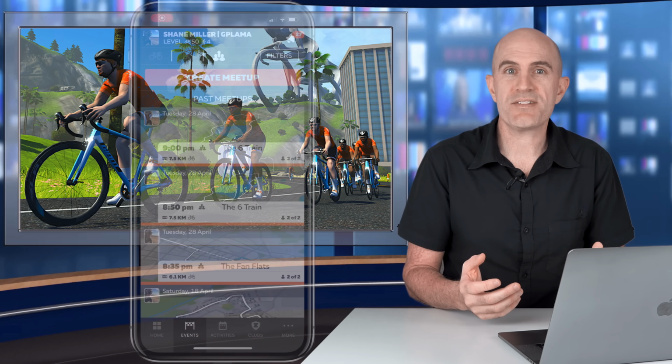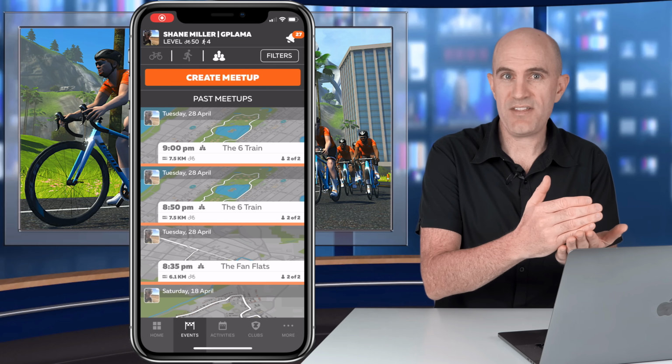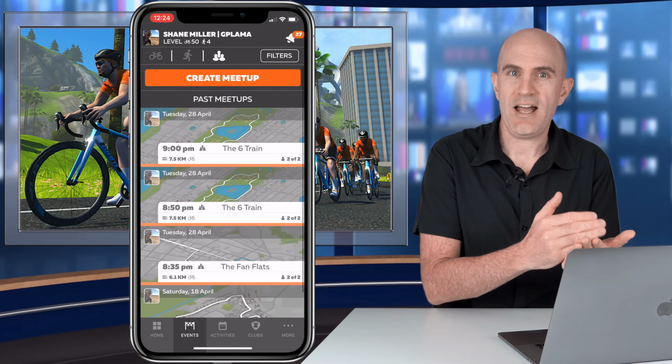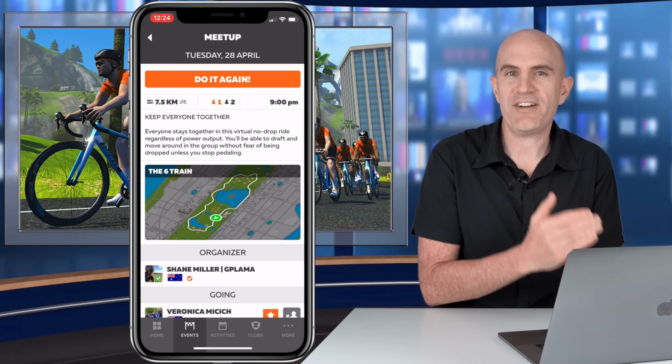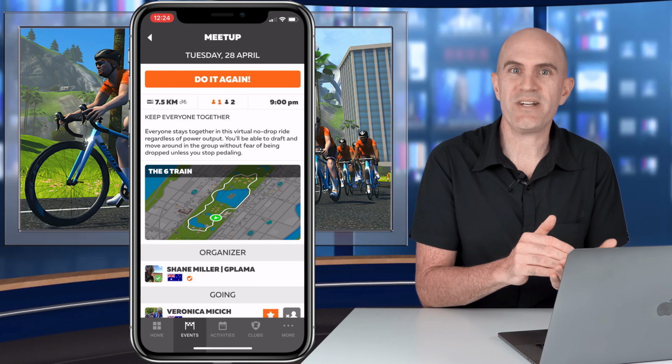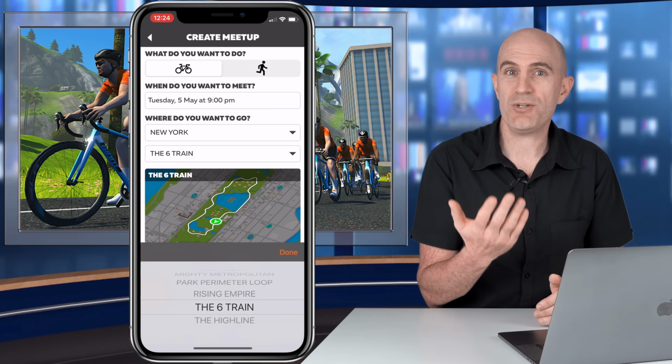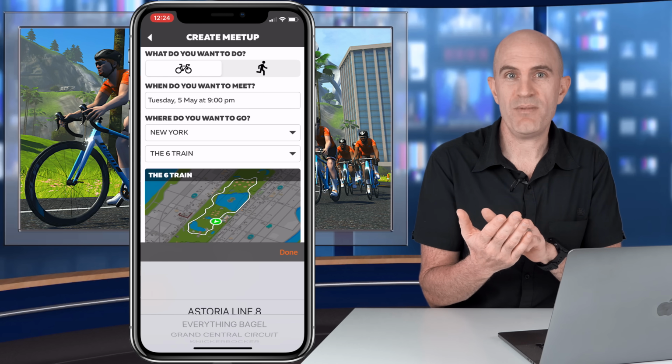Tip number 4, and how to save yourself a lot of time by recreating a previous meetup. Meetup organizers who have run an event in the past will have that event still listed in their companion app as a previous meetup. You can click on any of those and from there hit Do It Again. It will then prompt you with a brand new event that you can reschedule at any time on any course